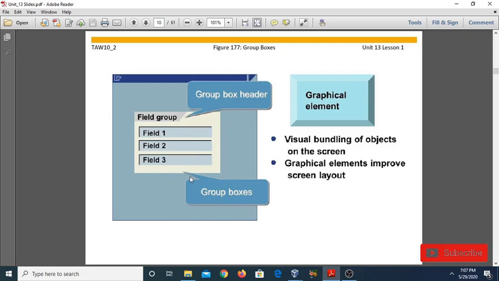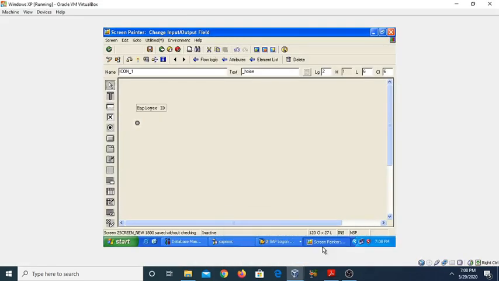Now the group box only serves as a display element by which the user can associate elements onto the screens, and this group box contains a particular title. In this case, the title is field group. And this graphical element improves your screen layout. Now come to the practical part. You can see here